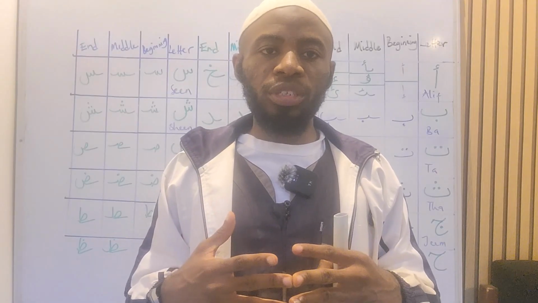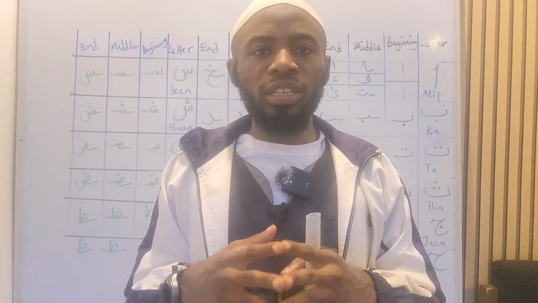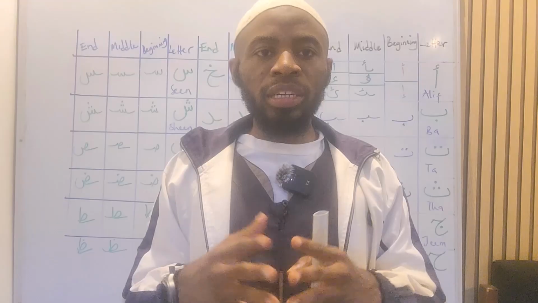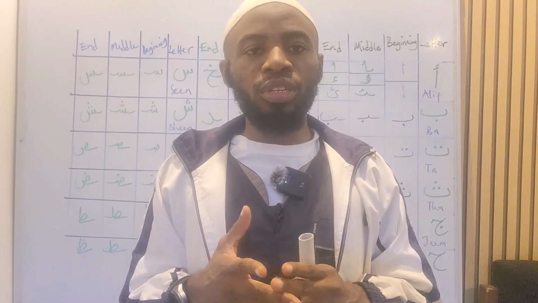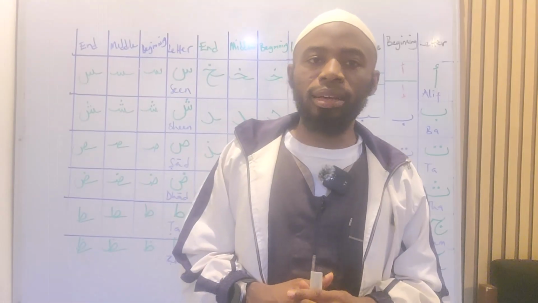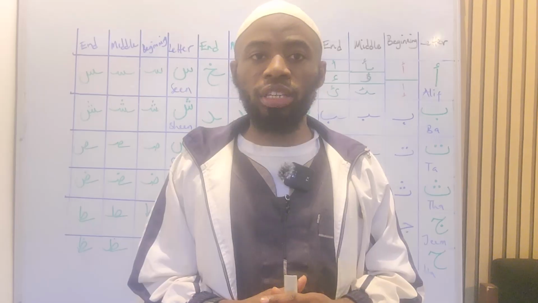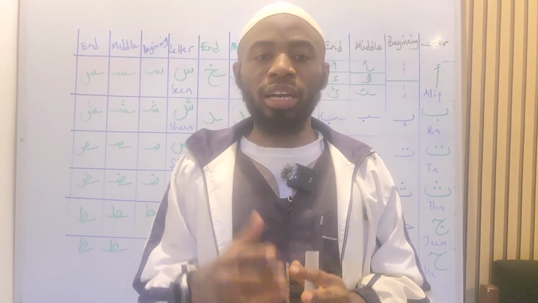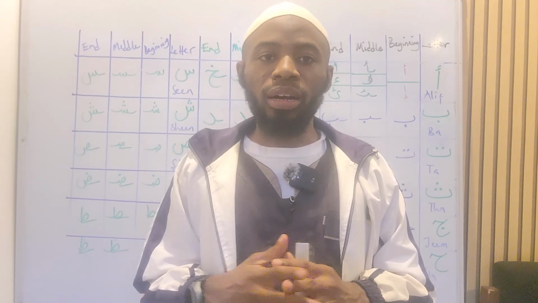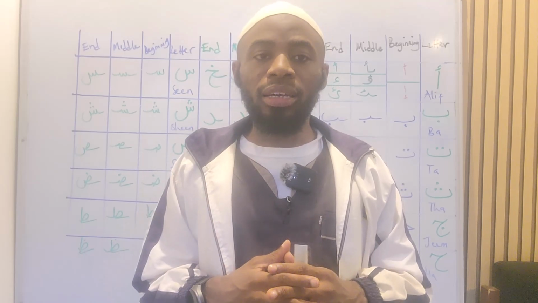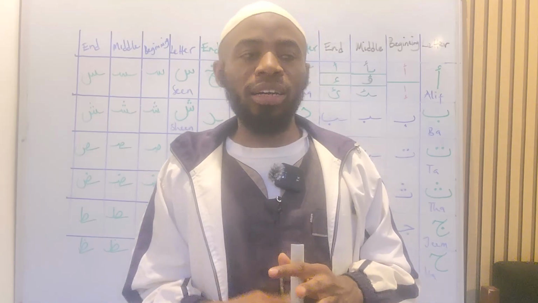So the different shapes are going to be determined by their position. The positions of these Arabic letters can be at the beginning, at the middle, or at the end. The Arabic letters, are they 28 or 29 in number? They're actually 28, but in our first class, we highlighted 29 letters in the Arabic alphabet. However,